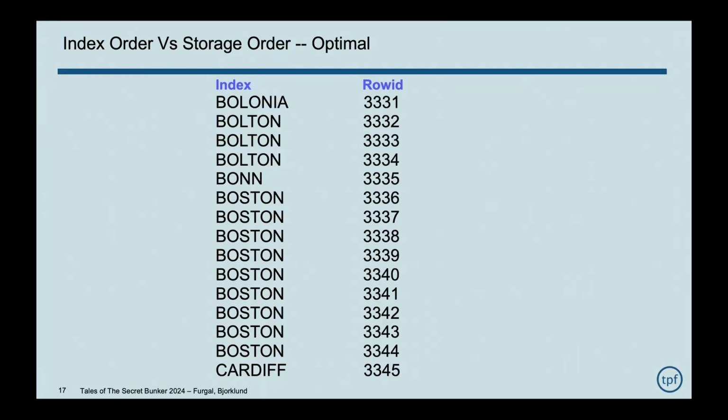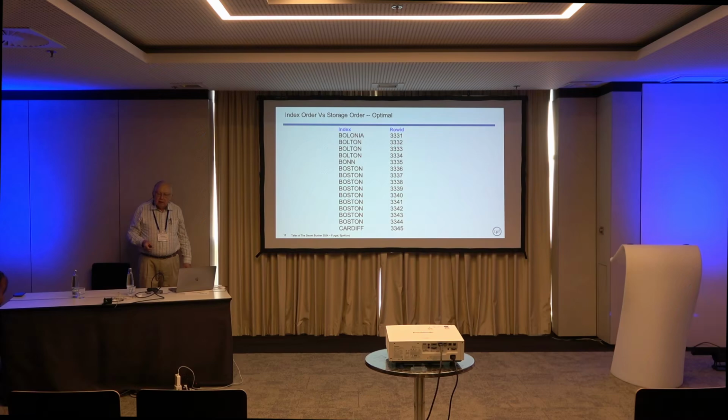But you can fix that so that the index order and the row ID order match. So now we have row IDs in increasing order, same as the key values are. So that's what table reorg does, is makes those two things match. Like a dump and load. Yeah. Why do I care? Why do you care? Because